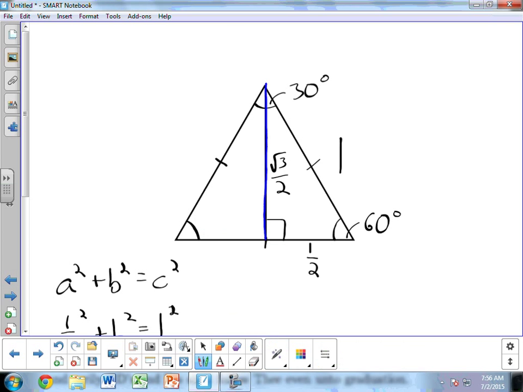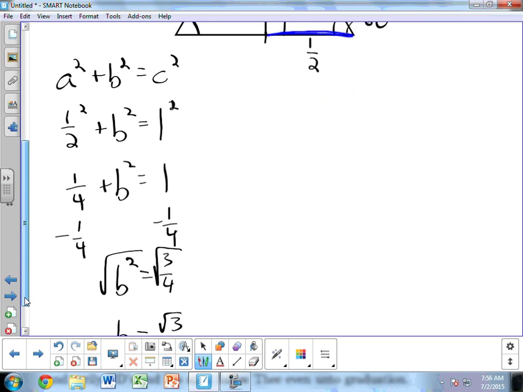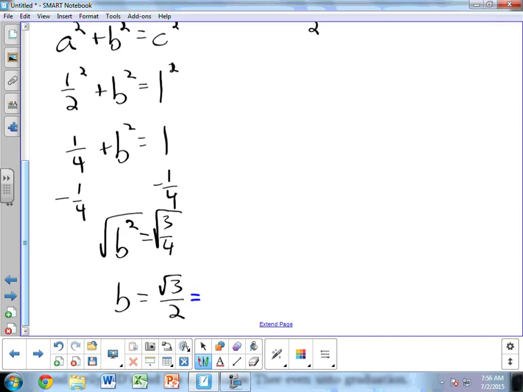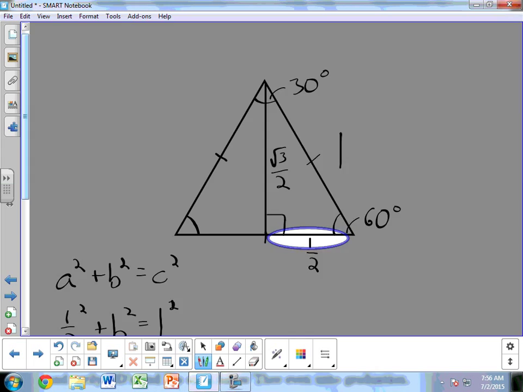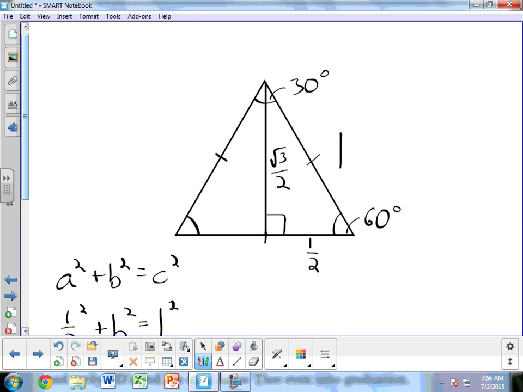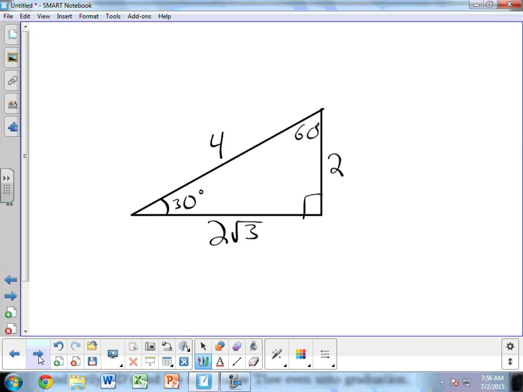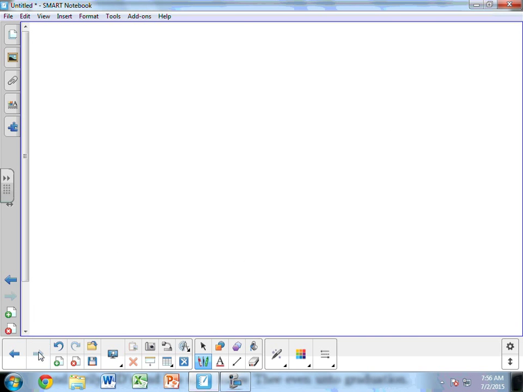We dropped this altitude and we said that this hypotenuse is 1. Since the altitude splits the triangle in half, this side is a half. And then we use the Pythagorean theorem to see that b equaling the square root of 3 over 2 equals the square root of 3 over 1 times 1/2. So it is the square root of 3 times this 1/2 side. So whenever we find the long leg, we are simply taking the small leg and multiplying it by the square root of 3. All right, so that is the 30, 60, 90 triangle,